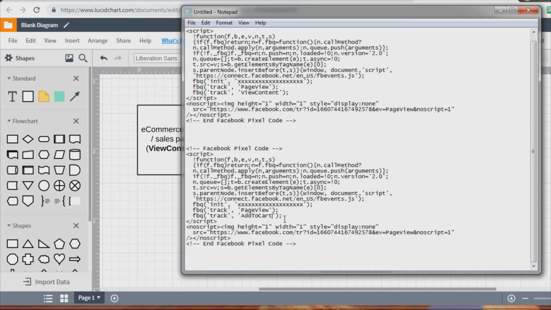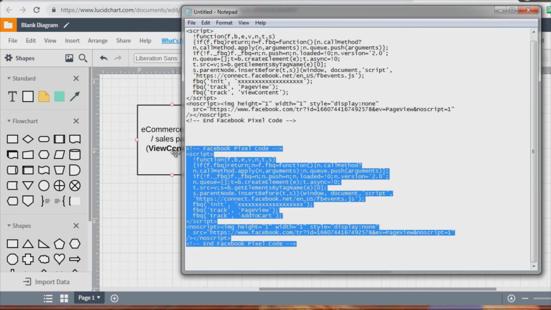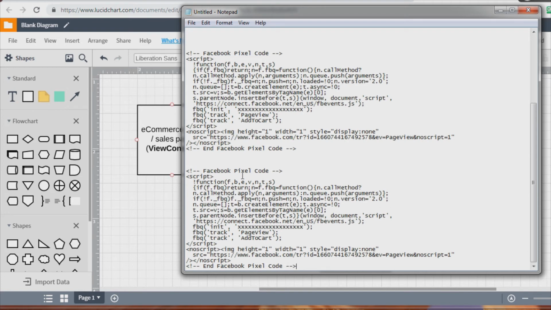So add to cart, you want to have that like this right here. And then of course you want to have the third pixel, which is a purchase. So we want to copy that and then change where it says add to cart to purchase. So capital P, lowercase